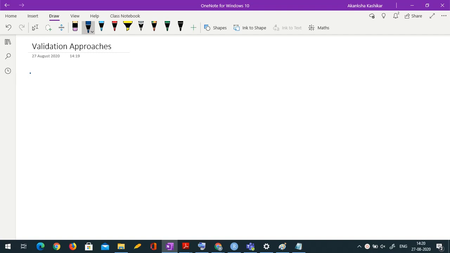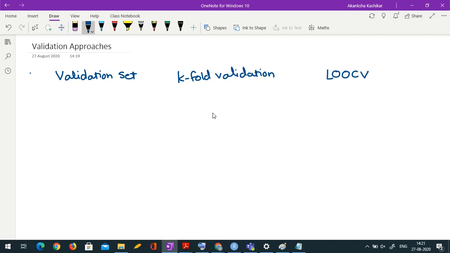Hello everyone. Today we will be discussing again the different validation approaches that we have seen. So we have mainly seen three approaches: the validation set approach, then the next one is k-fold validation. Yesterday I had given you homework to do five-fold validation. And the last one is actually jackknife, but in the validation terminology it would be called LOOCV, that is leave one out cross validation. Okay, so let me quickly revise what these things are.